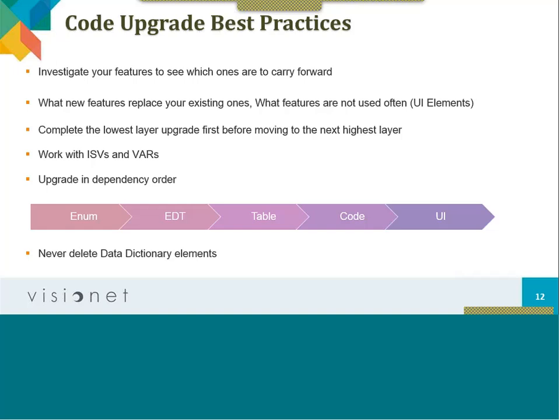Like I said before, the best practice is to do the lowest layer upgrade first before moving to the next highest layer. You need to work with your ISVs and value-added resellers in case you have their vertical solutions, because for sure, if they build solutions, they also